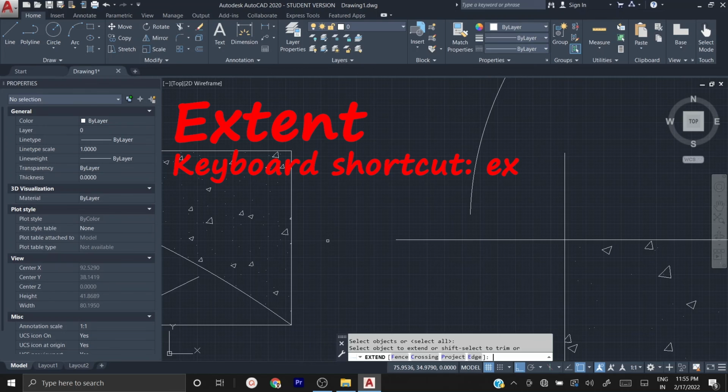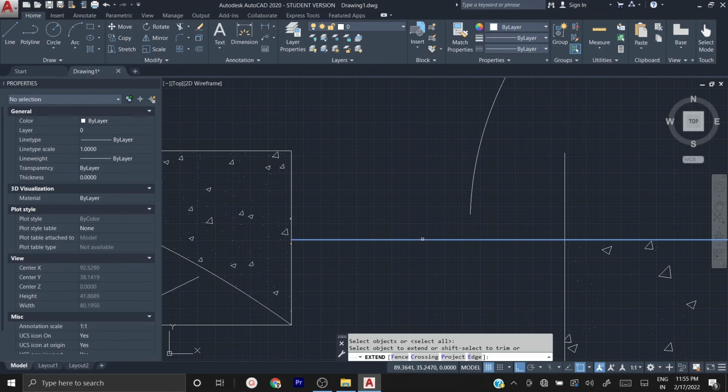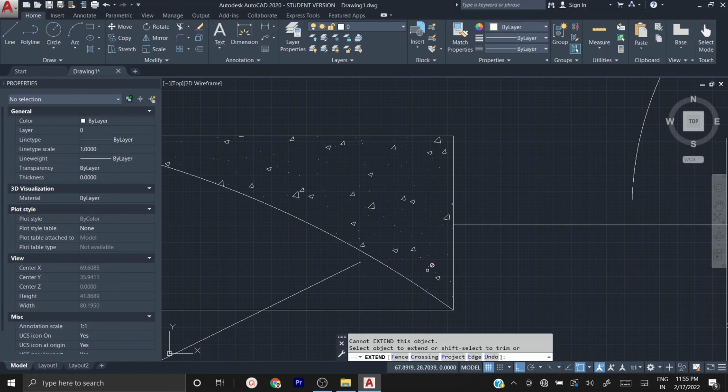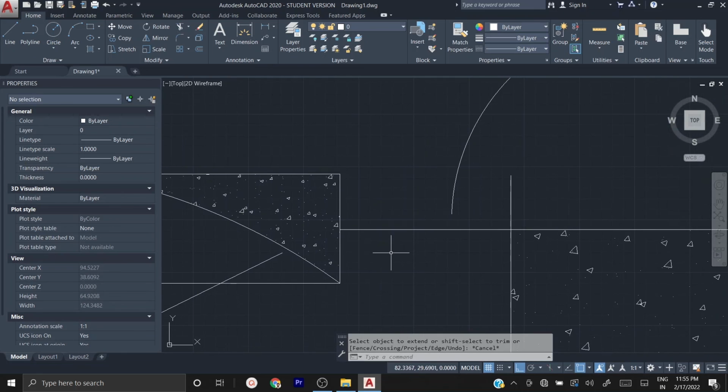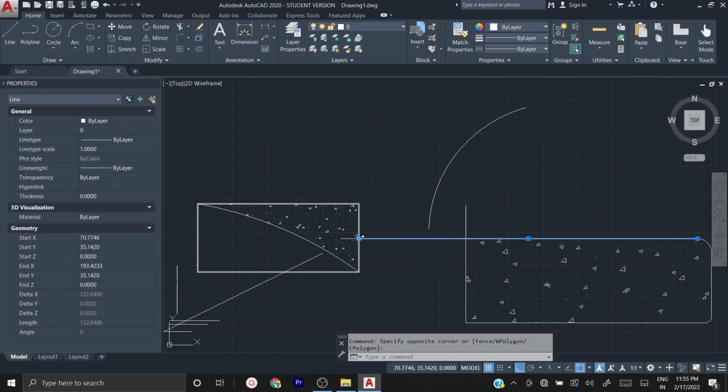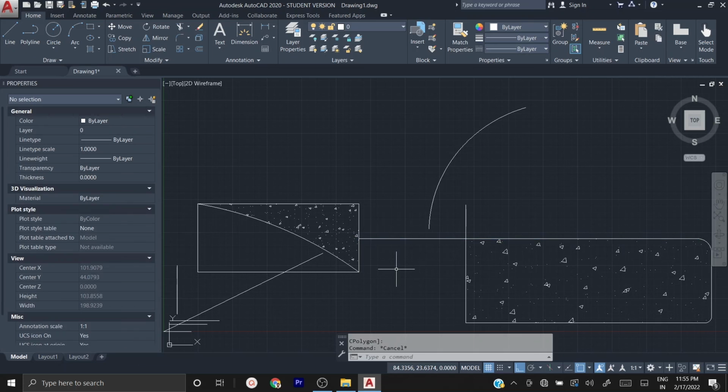Now, without clicking, I move the cursor on the line which I want to extend. Wherever is the nearest perpendicular, it will extend to that. Now click. That's it. So that is how extend works. Now it is not two lines, it is a single line. Previously this end was here, now it has extended. Simply using the extend command you can extend.